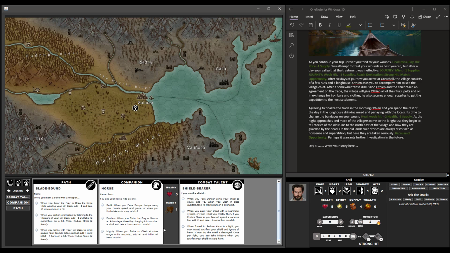So as you can see, you can use this to track all sorts of things and to create custom assets for a wide variety of scenarios. If you click here, you basically select the first level of the asset, and you can keep doing this for the other levels. Right here is the experience area, which you would use to